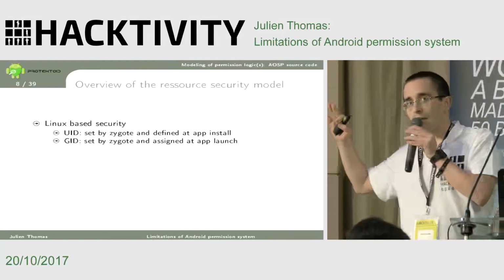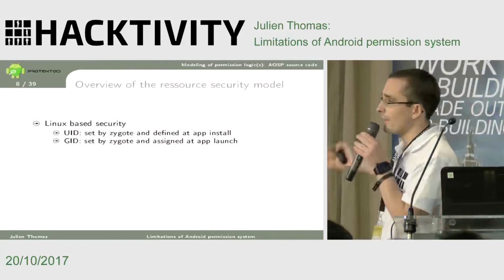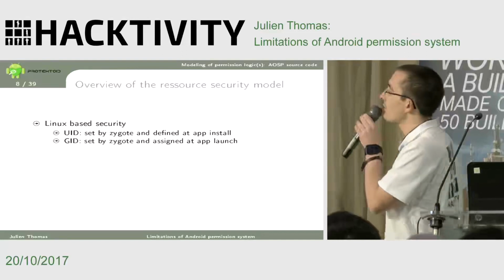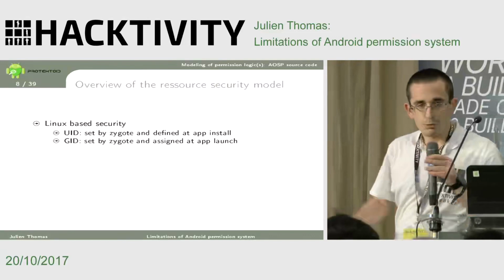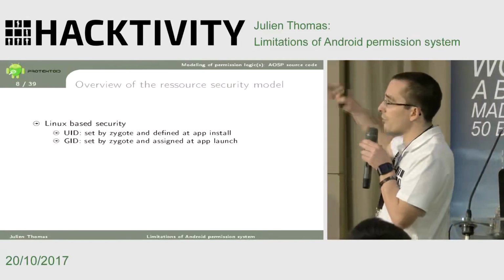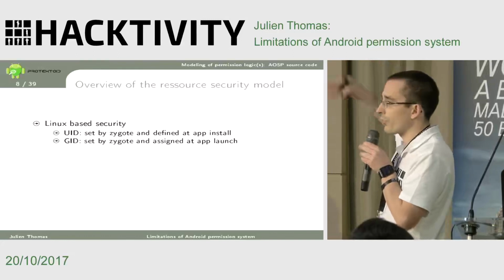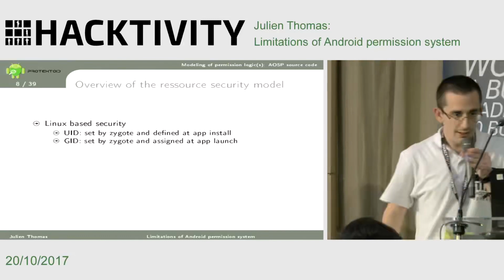If we talk first about, like I was saying, user privacy, one very important thing is resources. We protect resources. On Linux, because Android is based on Linux, we have two concepts, UID and GID. On Android, that's set by the Zygote, which forks an application to create the process. So an application cannot create its own process. That's a manager called the Zygote that does that.